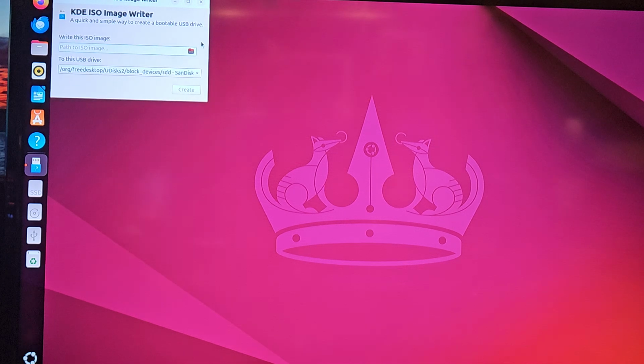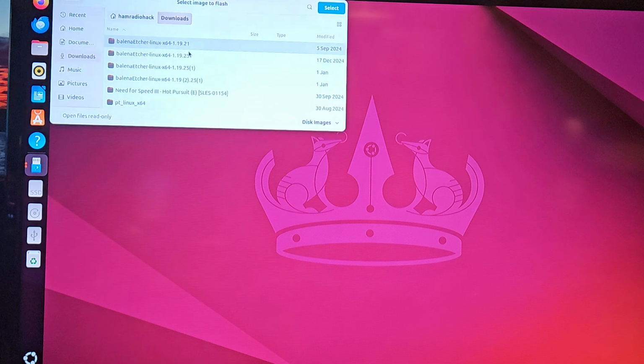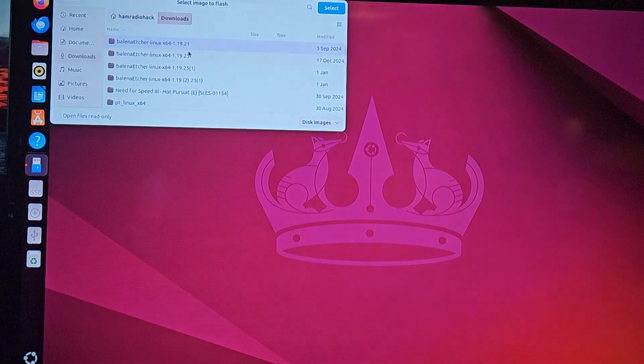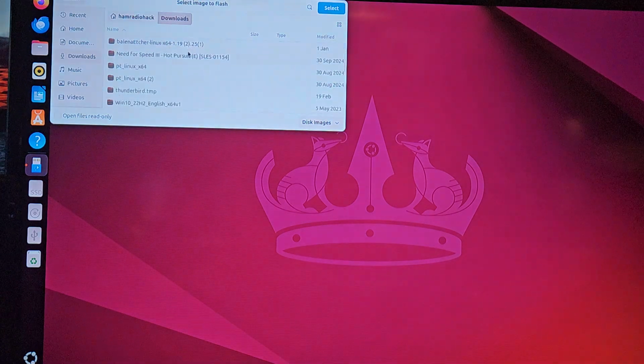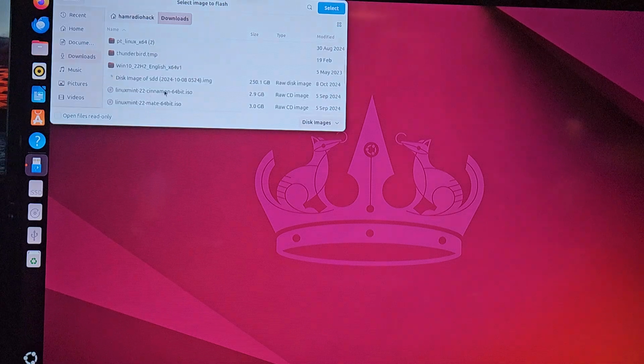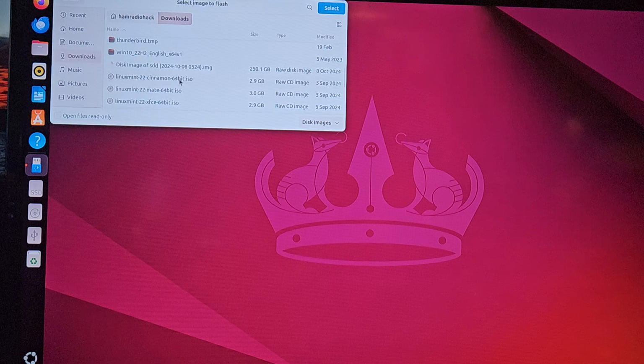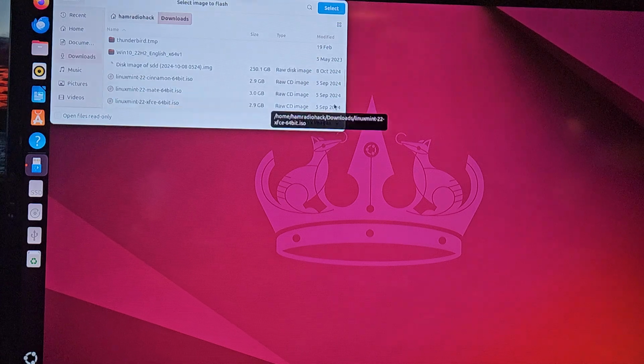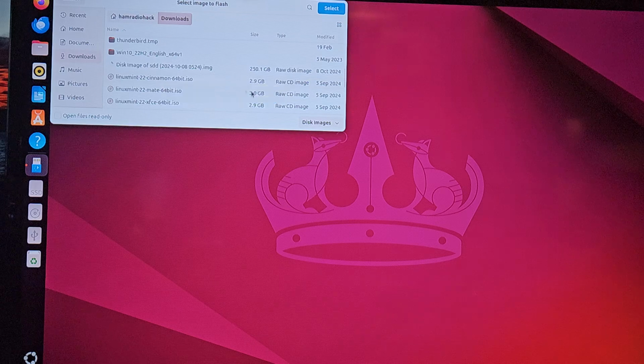So this is the next thing that I can't seem to get this thing to do properly. Okay, so let's see if we can find... A lot of times Linux doesn't show up. We have Mint, we have Mate, Linux Cinnamon, Linux Mint 2 Cinnamon. This is kind of laggy right now. I don't know why, but